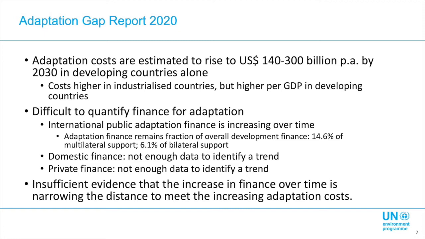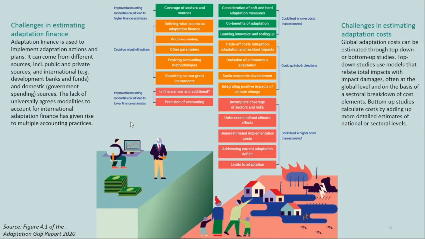The next slide then indicates some of these uncertainties, both of estimating costs related to adaptation on the right side and estimating finance on the left side. These just provide some of the uncertainties, right? So the estimated cost of adaptation are, for example, uncertain because we do not know much about the socioeconomic development over the next decades. There's, of course, a trade-off. If you invest more in mitigation, you need to invest less in adaptation. But if you invest less in adaptation, there will be more residual costs.